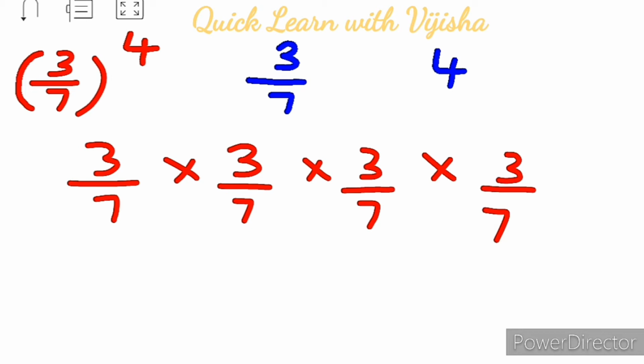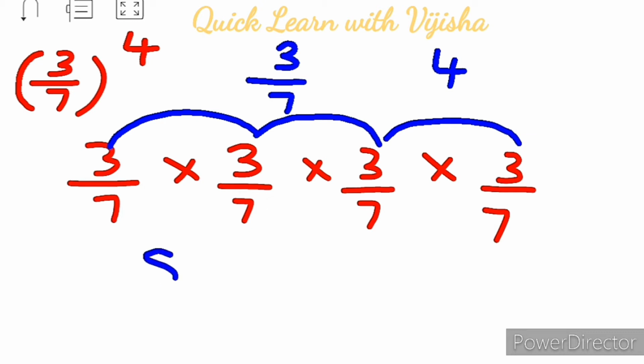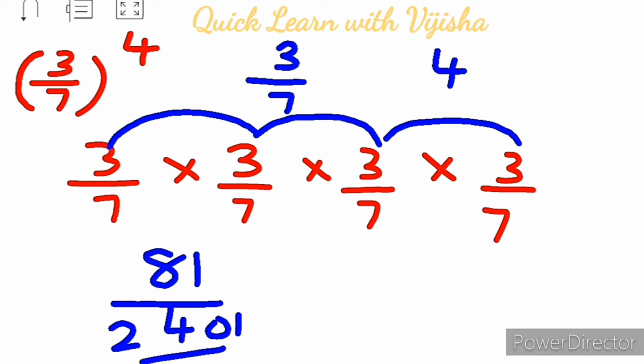Understand? Now for the values, the multiplication form is written. We have to find only the values. 3 3s will become 9. 9 3s are 27. 27 3s will give you the answer as 81. Coming to 7, 7 7s are 49. 49 7s are 343. 343 into 7 will give you the answer 2401. Hope you are understanding the concept. Students, any doubt you can text me in the comment box. So this way you can solve the sums.